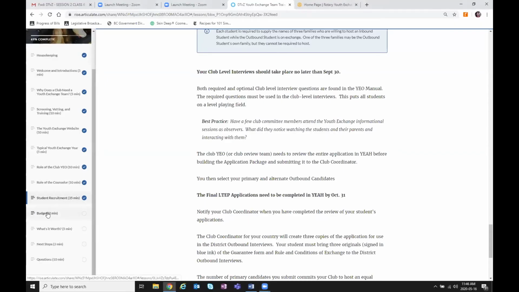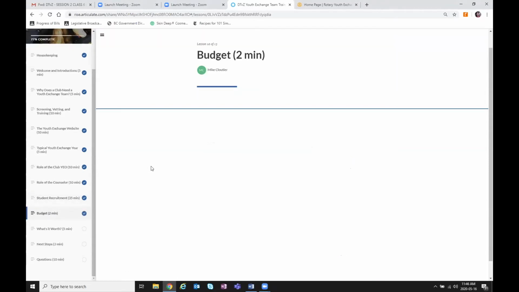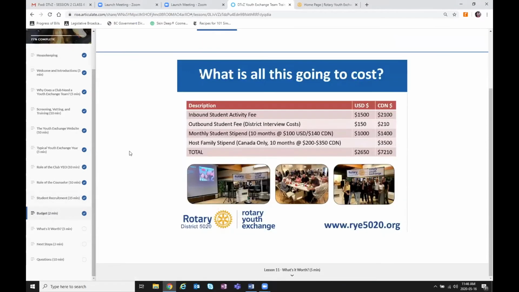So the budget. How much is this going to cost your club? Your inbound activity fee in the US is $1,500, and I like to laugh right now, in Canadian that's $1 million. Hopefully our dollar perks up a little bit, $2,100. Your outbound fee, as I said, per student that you're interviewing is $150 US, $210 Canadian. Your monthly student stipend varies, depending on the club.